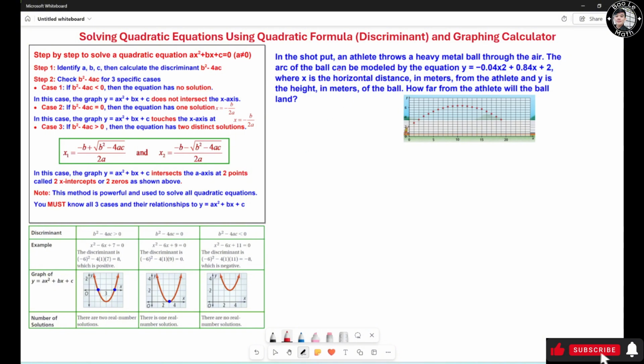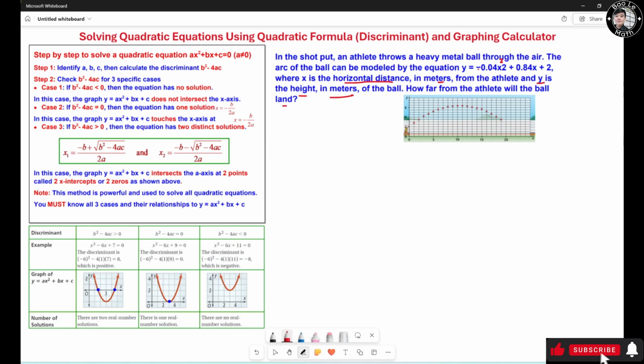In the shot put, an athlete throws a heavy metal ball through the air. The arc of the ball can be modeled by the equation y equals negative 0.04s squared plus 0.84s plus 2, where s is the horizontal distance in meters from the athlete and y is the height in meters of the ball. How far from the athlete will the ball land, right? So